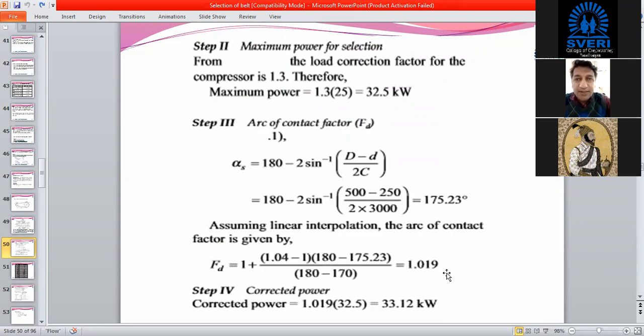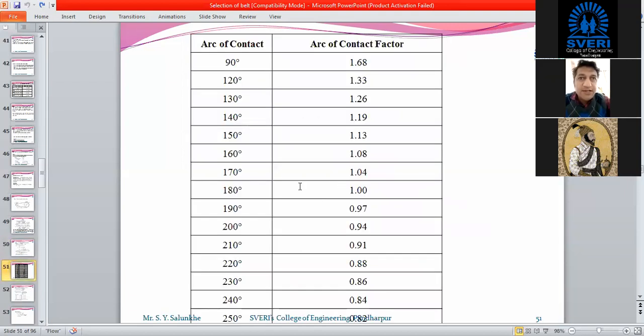Let me tell you one thing here. If you do not select this as 1.019 and select it as 1.04, then also the calculations will not be affected much. I'll repeat it once again.